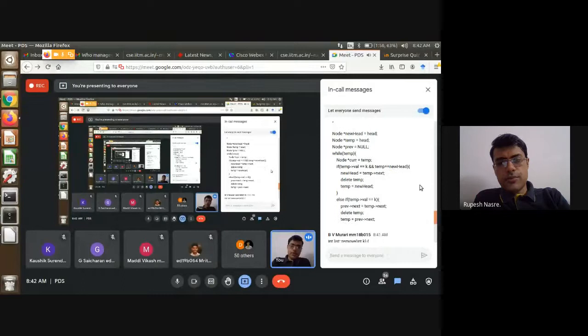Else if temp->val equals k, previous->next equal to temp->next, delete temp, and temp equal to previous->next. Okay, so this is required because you are removing multiple occurrences of the same value, right? So we cannot stop. So that seems to be reasonable. I'll have to check the end conditions once, but that logic seems to be okay.